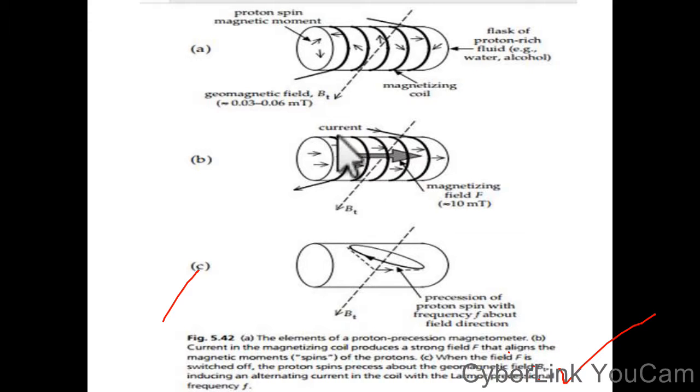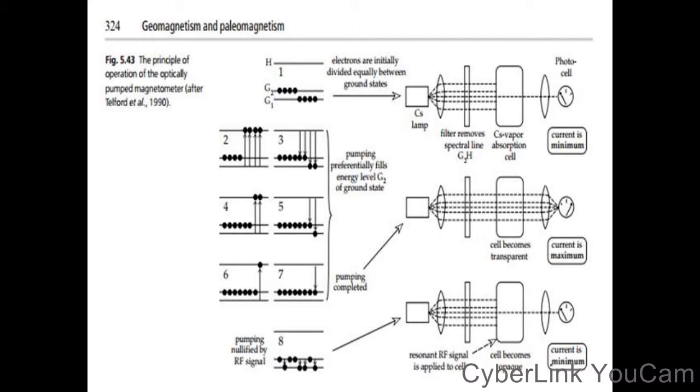Here you can see the proton spin magnetic moment, the geomagnetic field BT, and the magnetizing coil, and a fluid rich in protons such as water or alcohol. The current moving here, and the magnetic moment, so magnetic field F. Here precession of spin with the frequency F, field direction, and this diagram shows